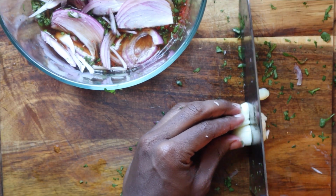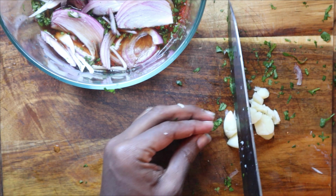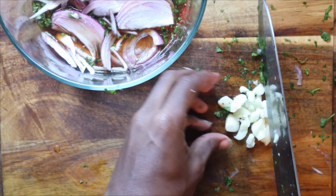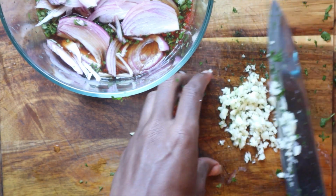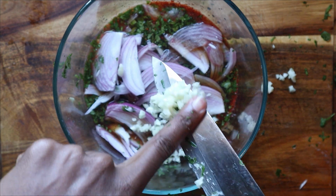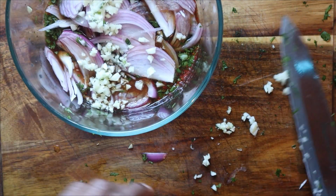Again, you can use more, you can use less. The thing about making cucumber salads, or for some of you that want to be technical, if you want to make quote unquote pickles, it really is all about how you like it, how salty you want it, how sweet you want it. So you can adjust it as you go. I got those nice and minced up,